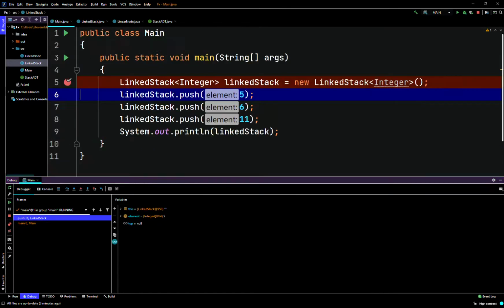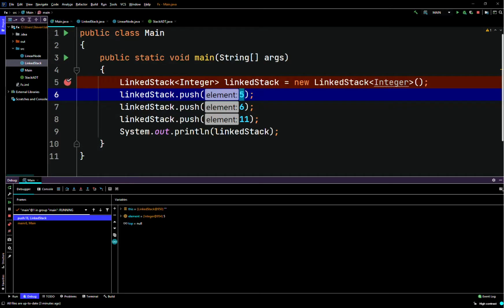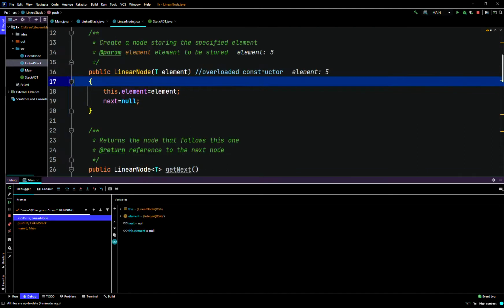So when we said push, we pushed 5. So push link stack dot push 5. Now we're creating a new node here, and we're passing in 5 to our linear node constructor. So here we're going to go into the constructor now. Click step into linear node object creation. We're going to go into the linear node class,